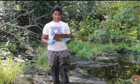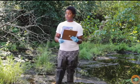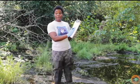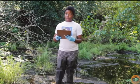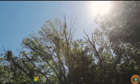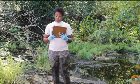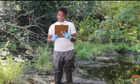So our first step on the creek is to do the physical parameter test, and then we use the Blue Thumb data sheet. This is where we record all of our readings for both the physical and the quality analysis. So we check for the weather. Of course, today the weather here is fair sky, and then the wind speed. Of course, the wind is calm today. And then the wind direction today is moving from the north to the south,